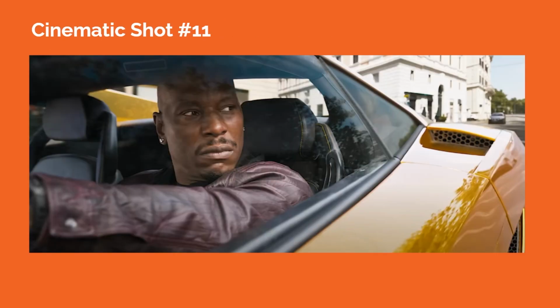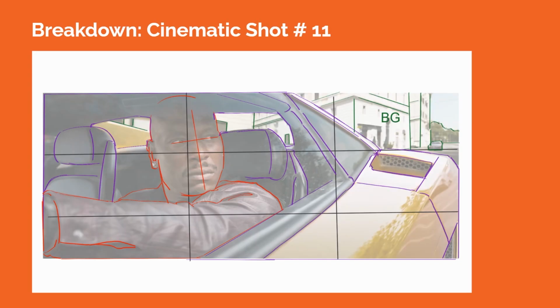In cinematic shot number 11, we see Roman Pierce driving through the streets of Rome. He's framed on screen left, and his position helps to reflect how the rule of thirds can be used in composing a shot. We see part of the background showing buildings and trees flying by quickly. Roman is looking off screen towards screen right as he drives. The front passenger window helps to act as a framing element around Roman, putting him in a specific spatial area